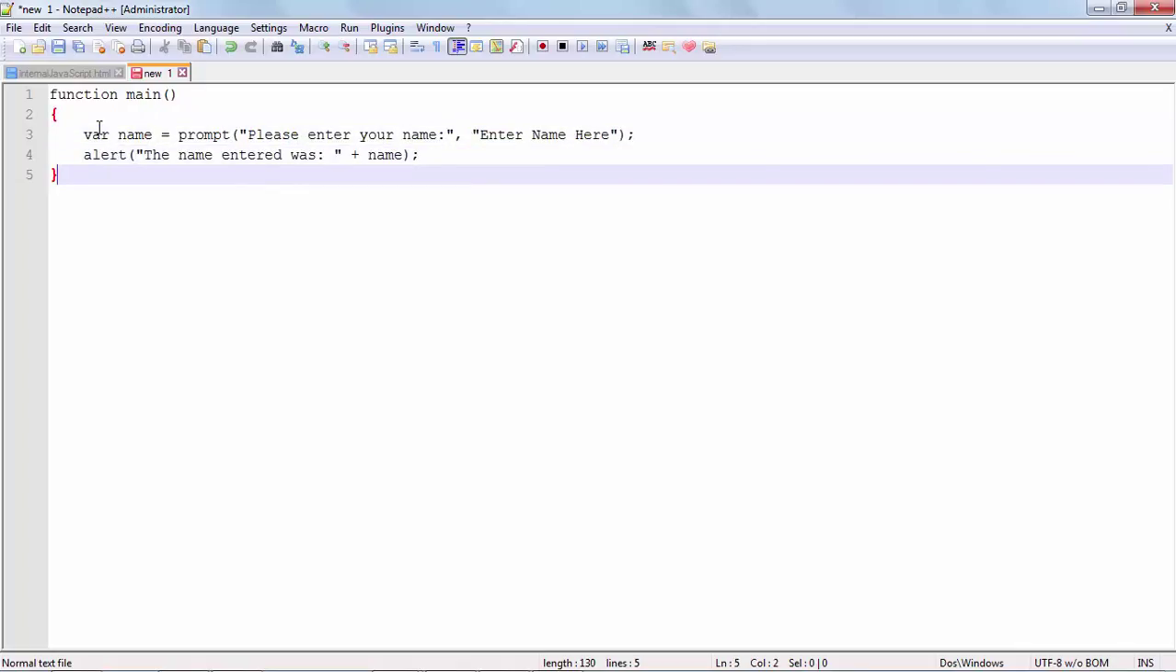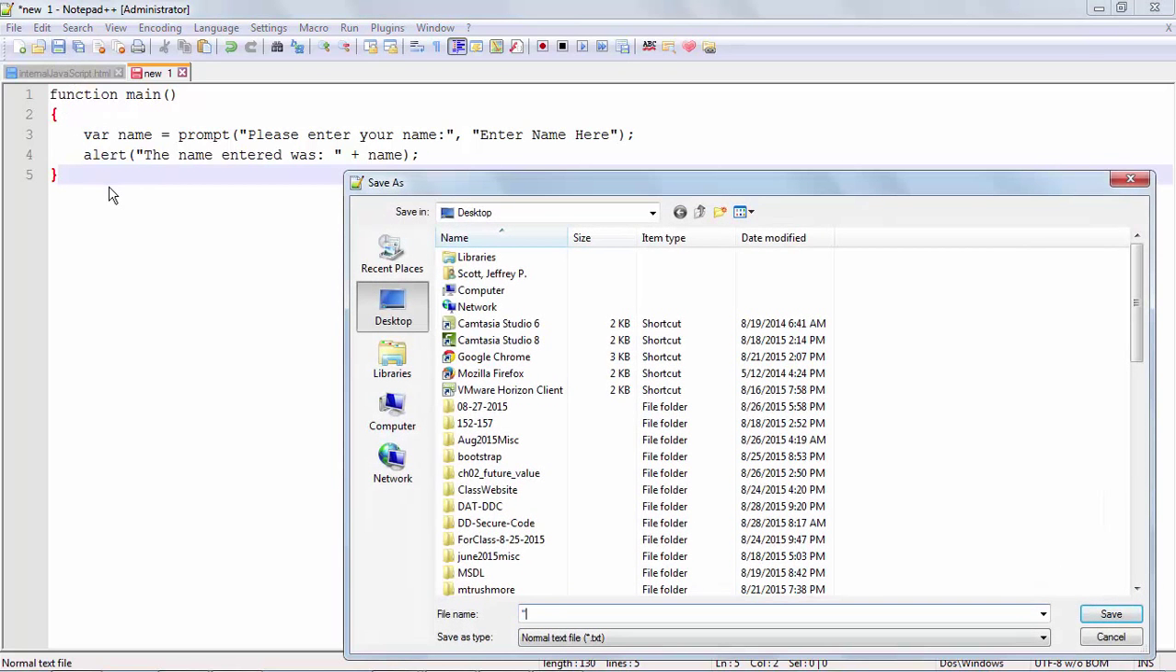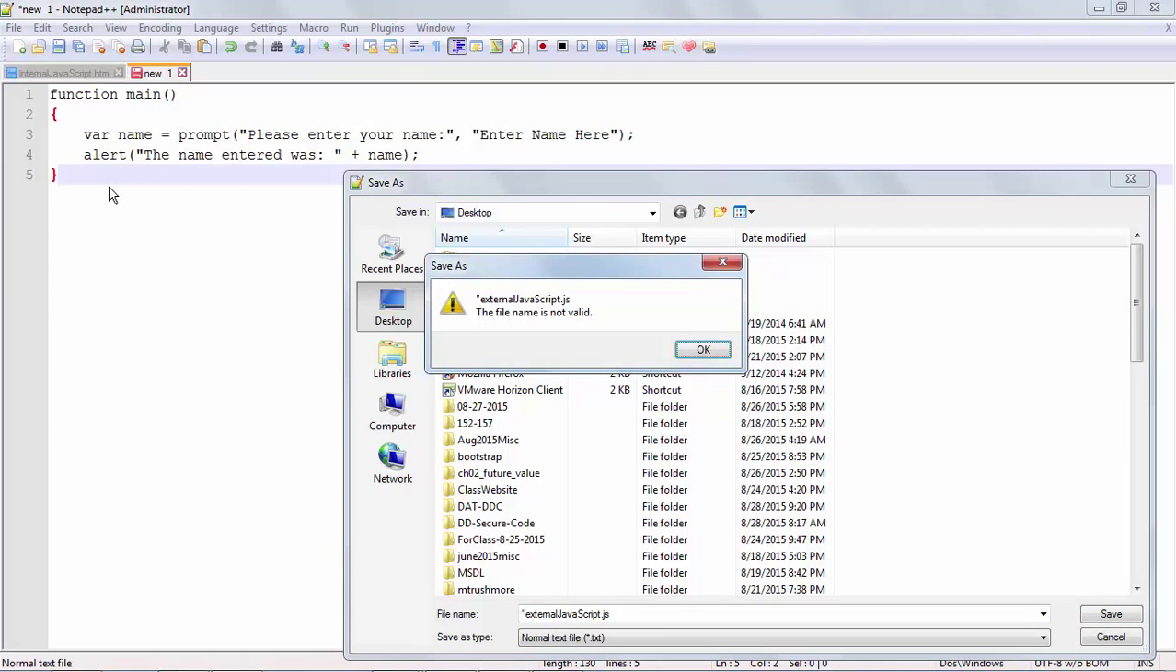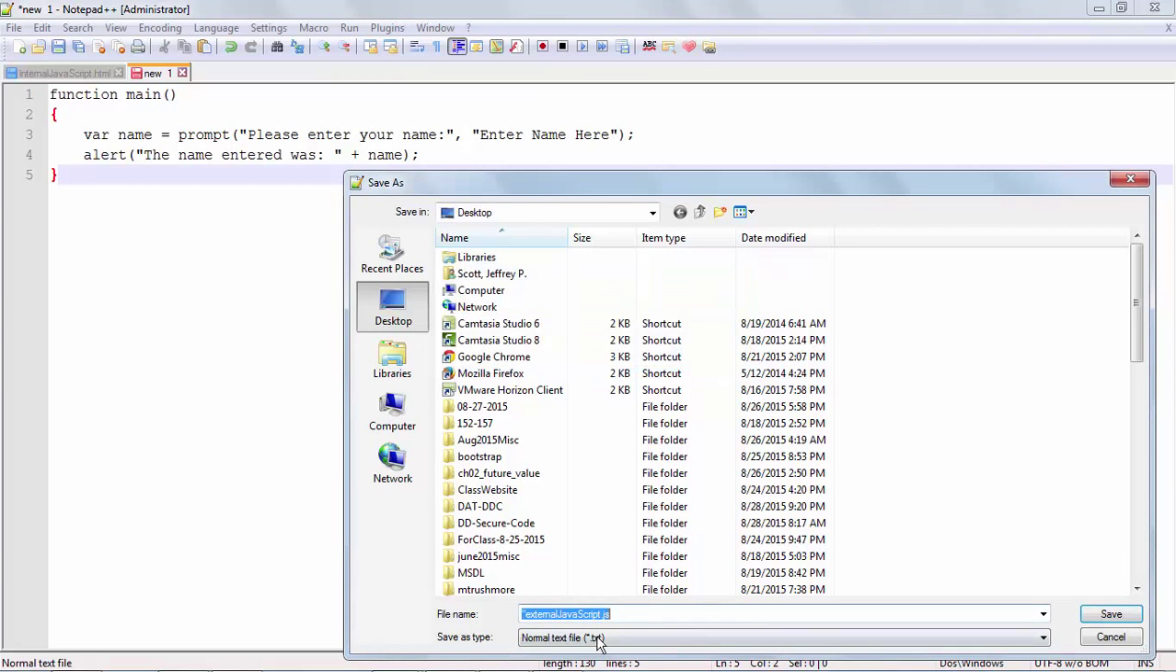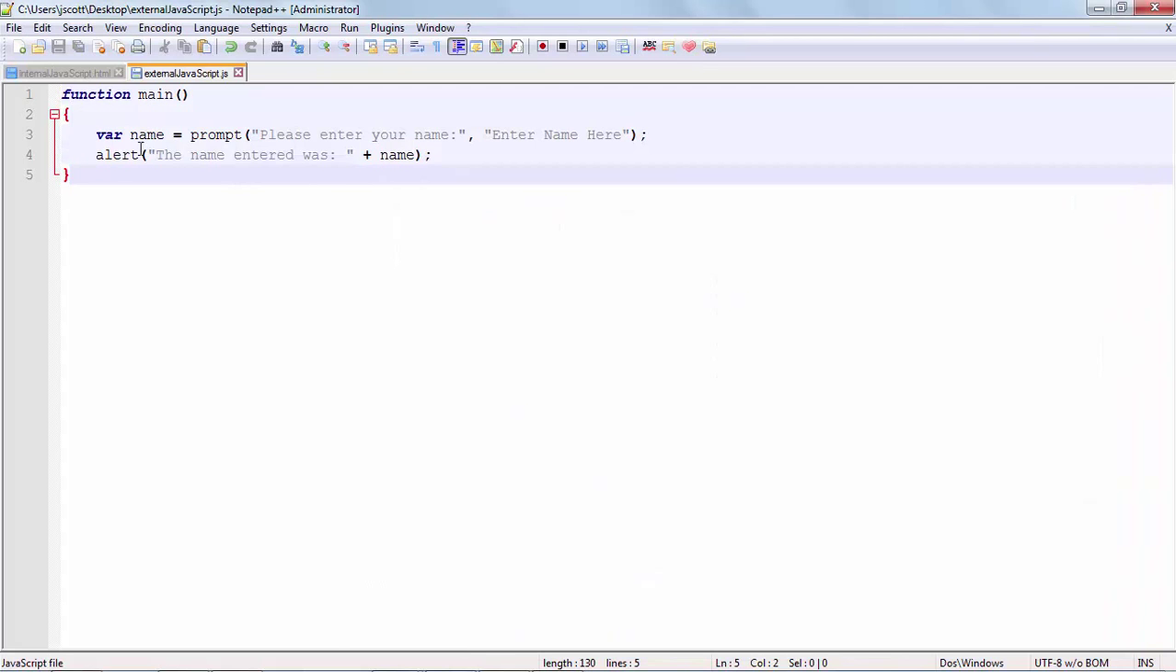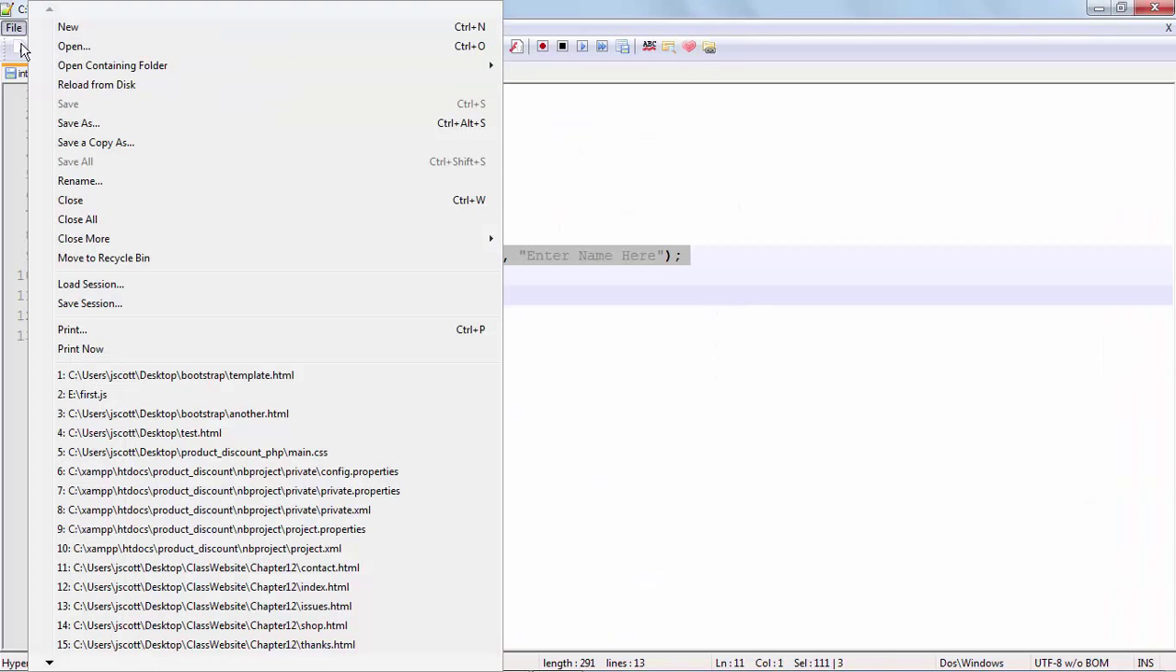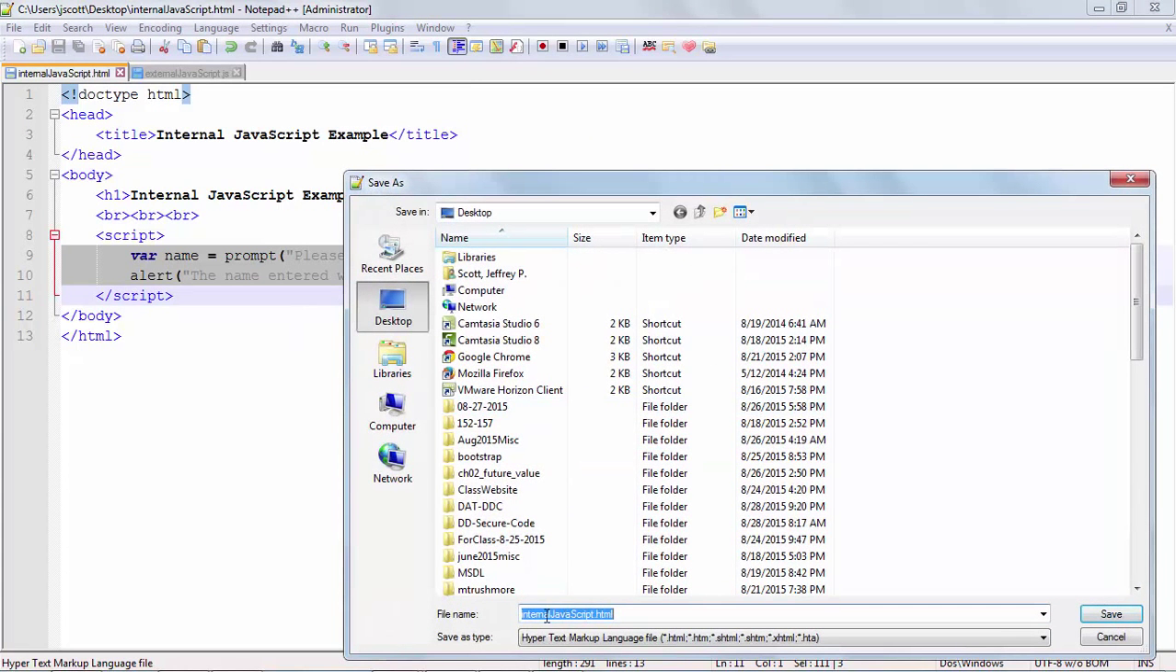All right, so there's my code that I just put in, but it's going to be in a separate file, and I'm going to call that file external JavaScript.js. Oops, .js. So there's that file. Now I'm going to take my internal file, and I'm going to do a save as on that, and I'm going to save that as external